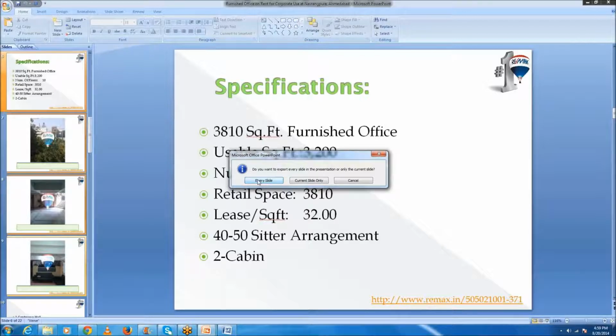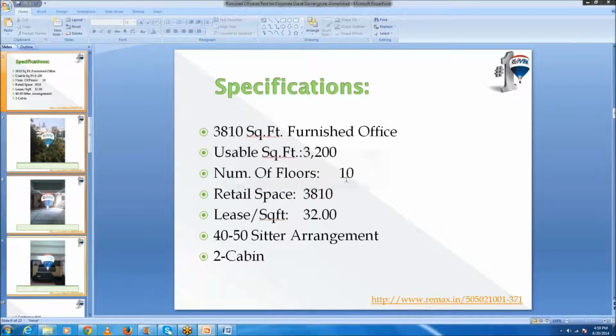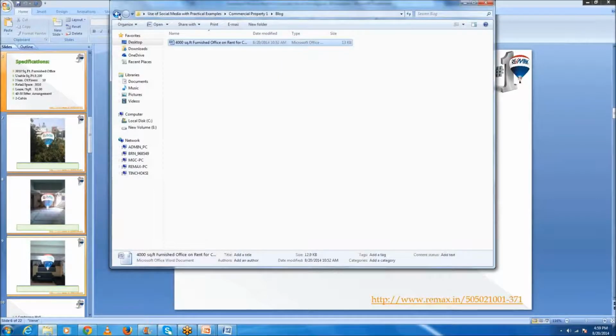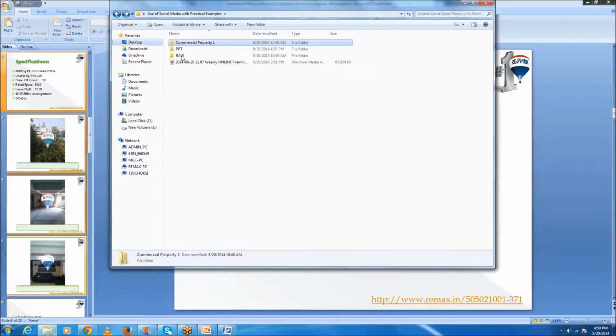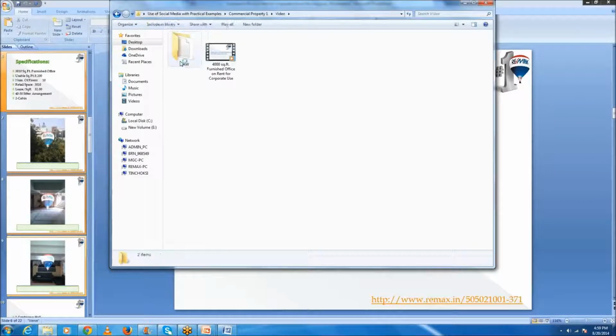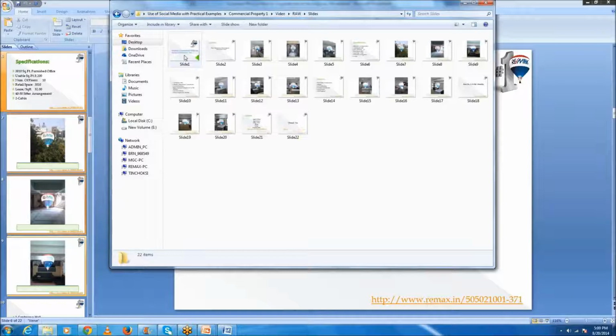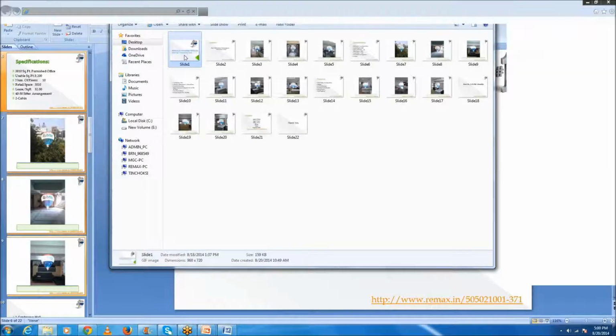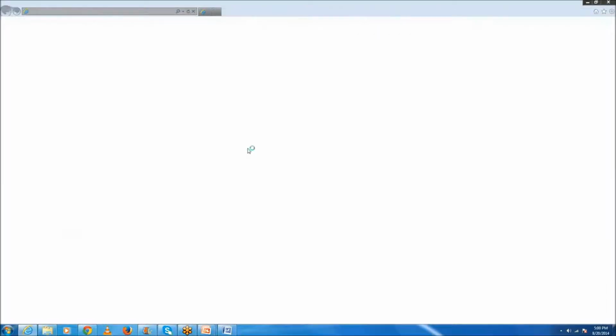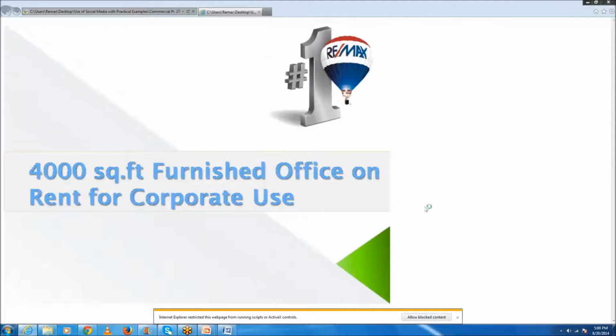When you click every slide, it will save images of each slide here in this folder. You can see the slides. It has converted your PowerPoint slides into images.